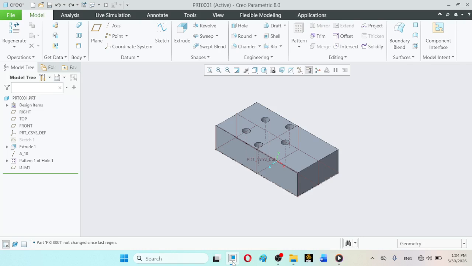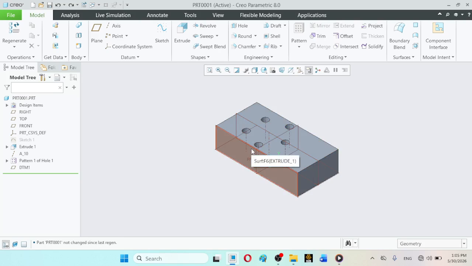I have investigated the issue that was being faced, that when we applied the mirror command for this extrude cube and this pattern of 5 objects, the pattern was failing.